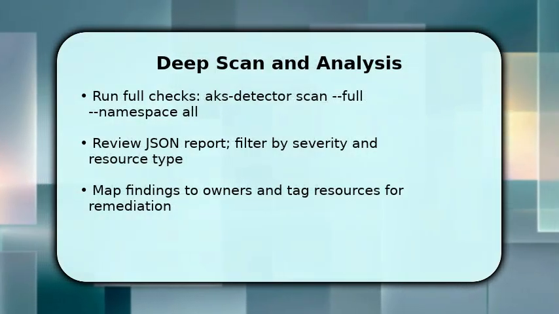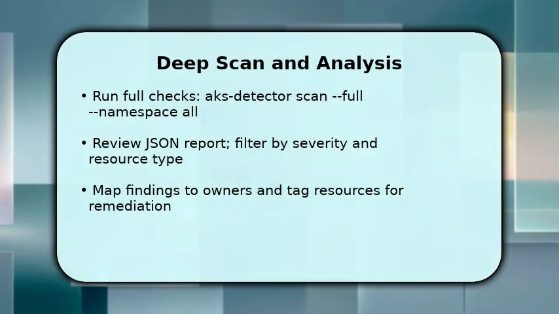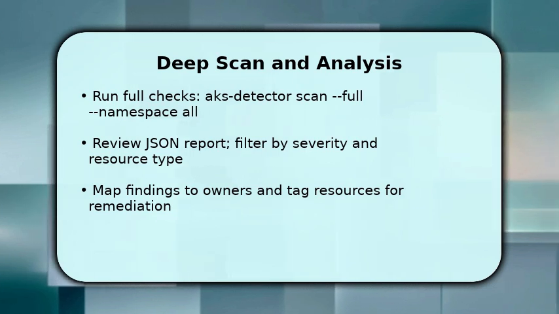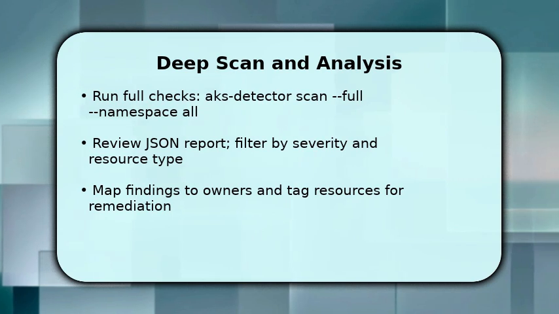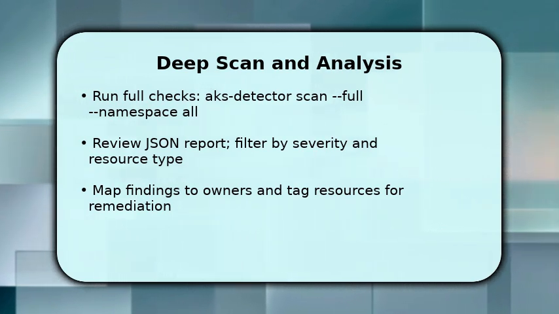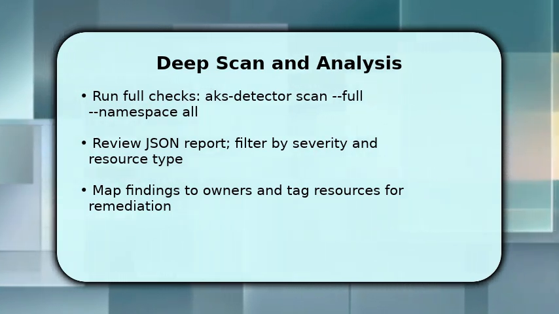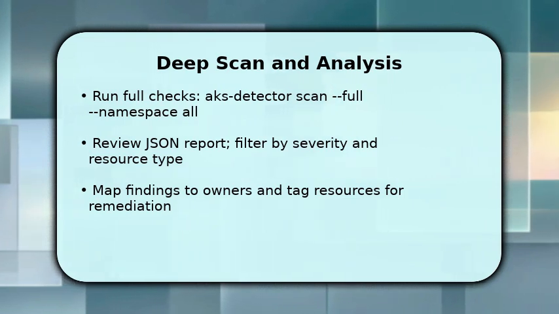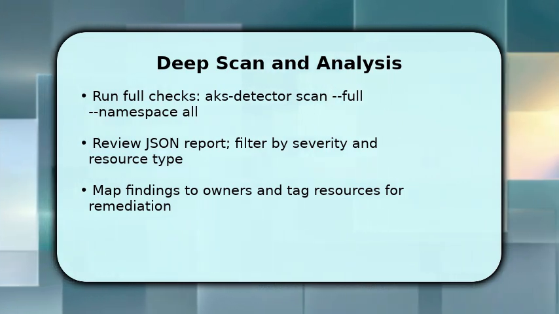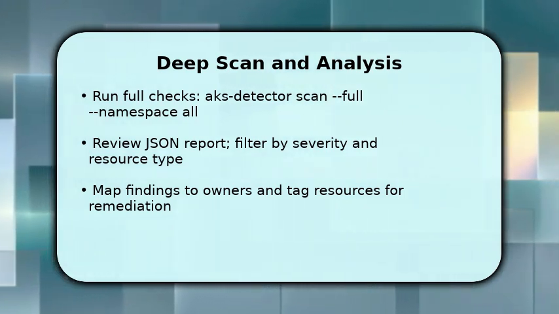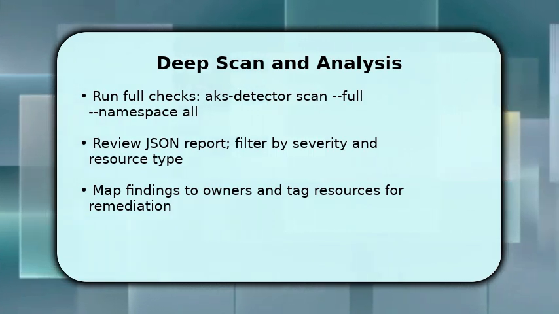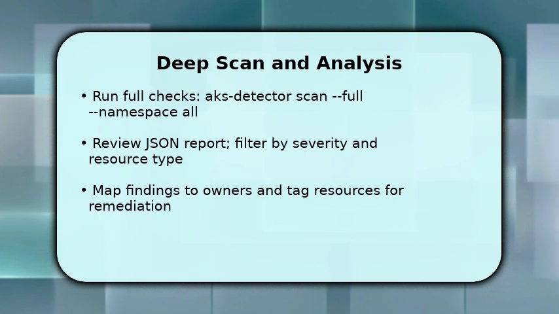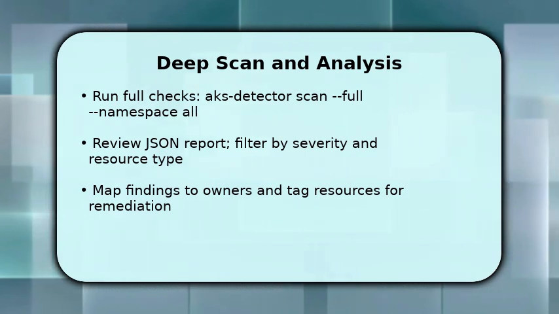Now you perform the more detailed execution. Run the full scan across all namespaces and collect a JSON report. You'll review results, filtering by severity and resource type to focus on critical issues first. Then map each finding to an owning team or resource tag so remediation is actionable. Make sure to cross-check network policies, RBAC bindings, and image vulnerabilities, because these often explain multiple alerts and let you